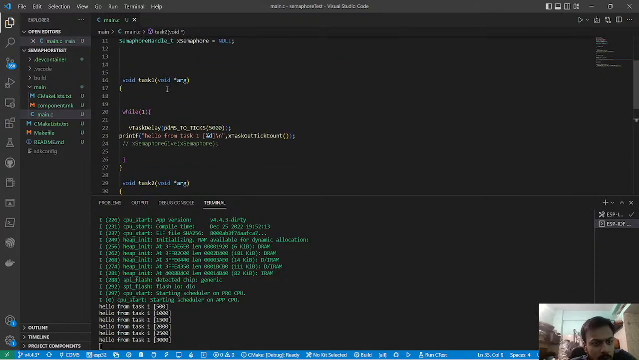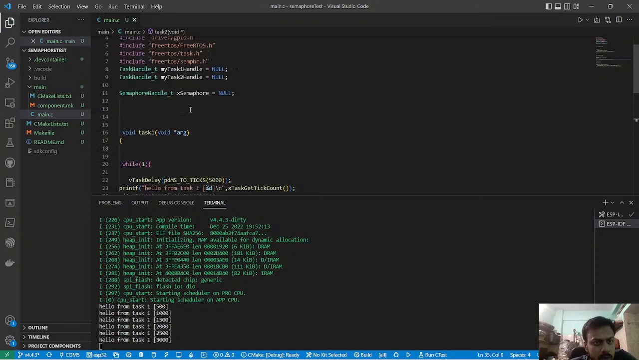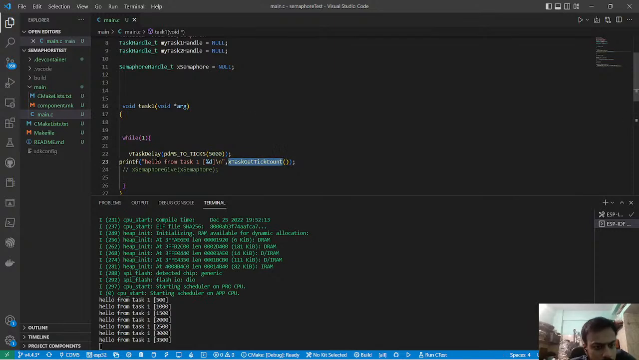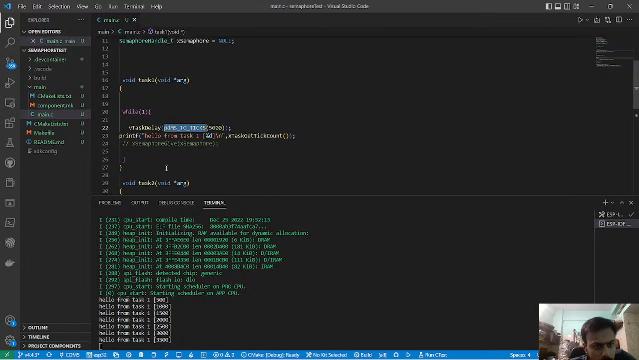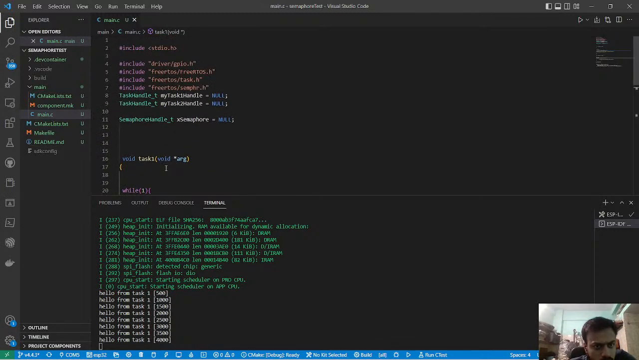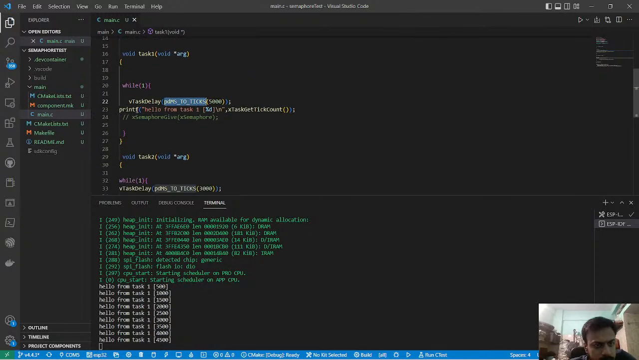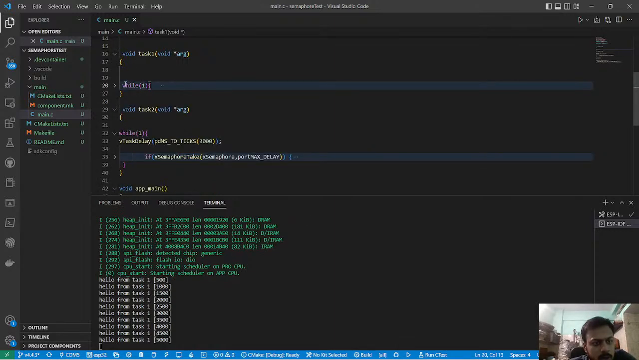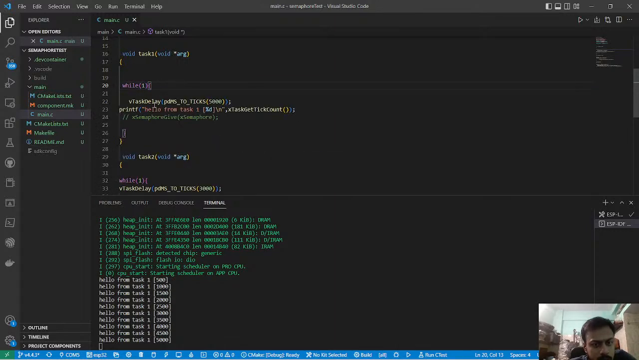so how is it accessing the mutex? Where is it accessing the mutex? I'm not understanding. Basically, my question is, this task is not accessing the mutex in the first place. I think, okay, let's try to